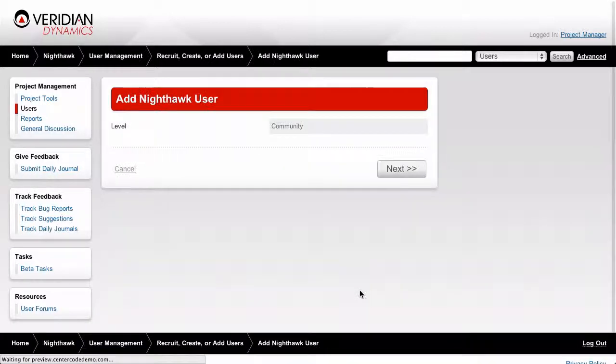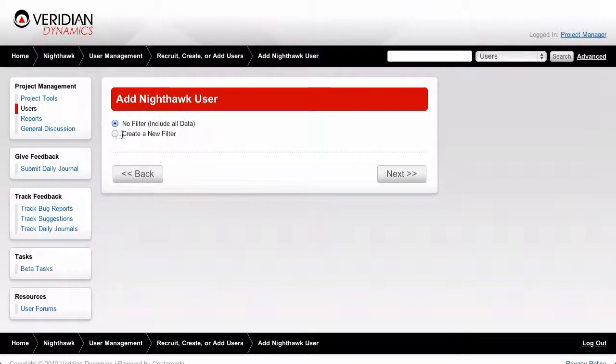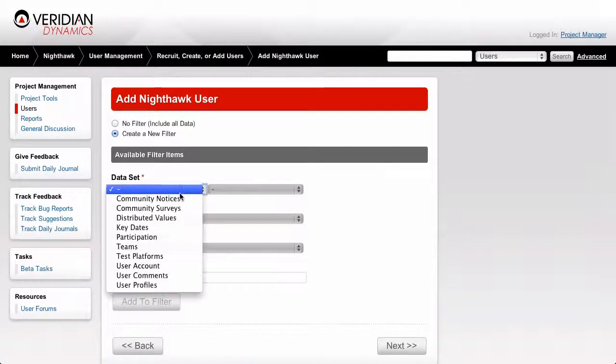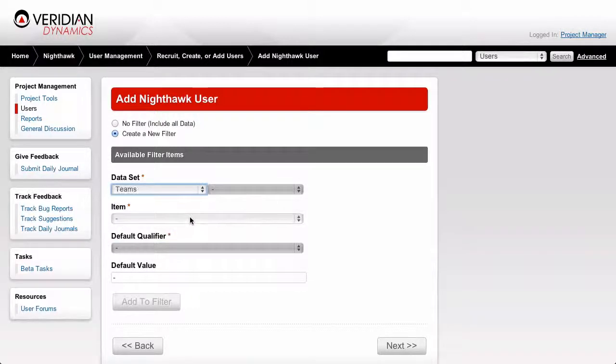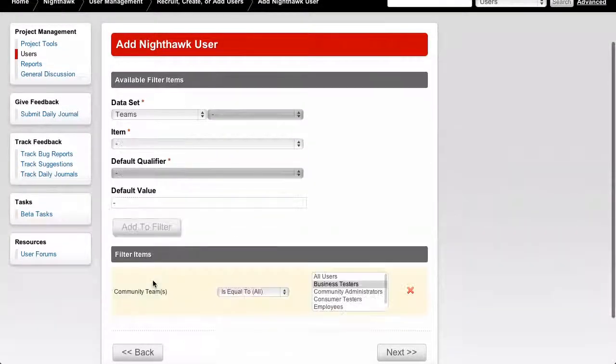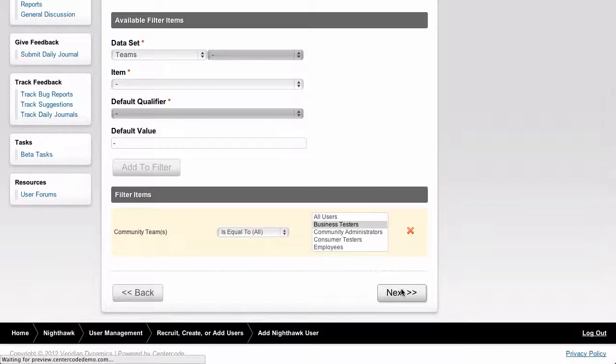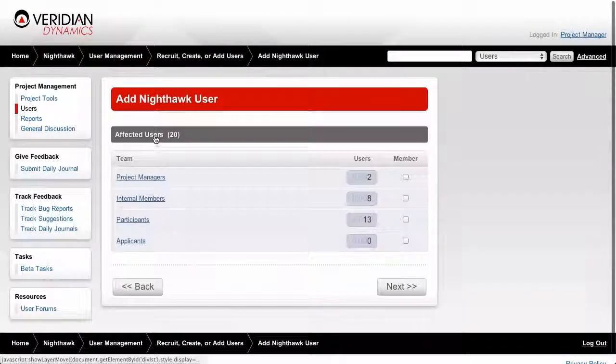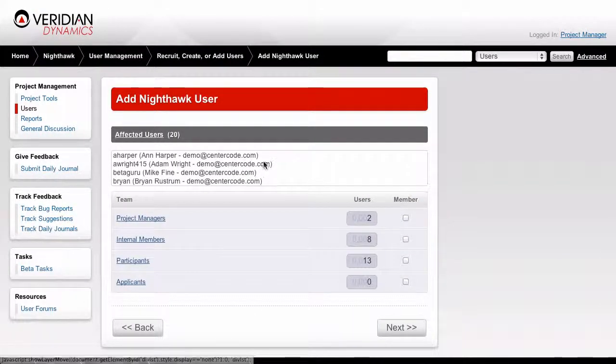So in this case, as a demonstration of Add by Filter, I'm going to choose that option, go ahead and go with the community level, and I'm going to create a new filter. From here, I want to choose Teams, Community Teams, and I'm going to go ahead and scroll through here and pick the appropriate team. In this case, I want to include all my business testers, apply a filter, and click Next. So you can see there we have a list of 20 affected users,